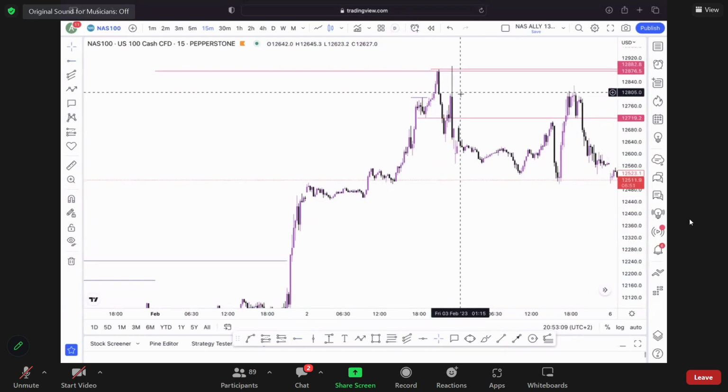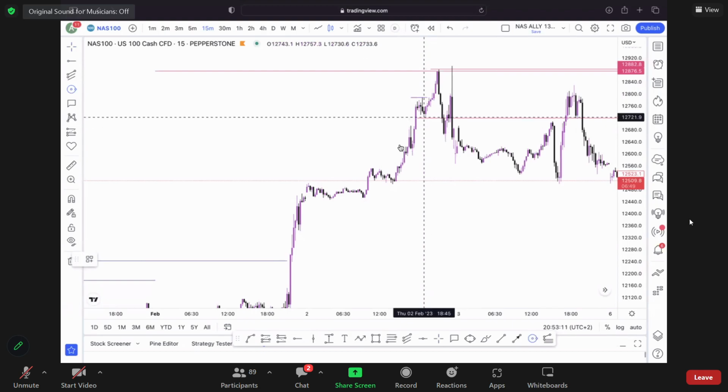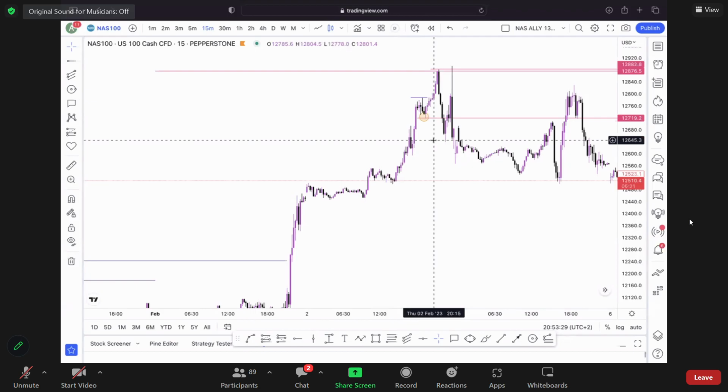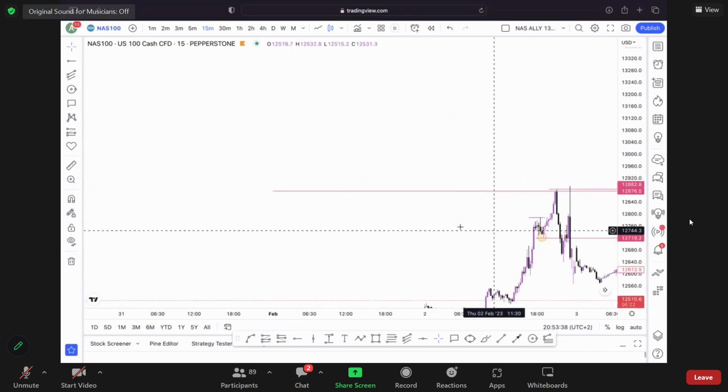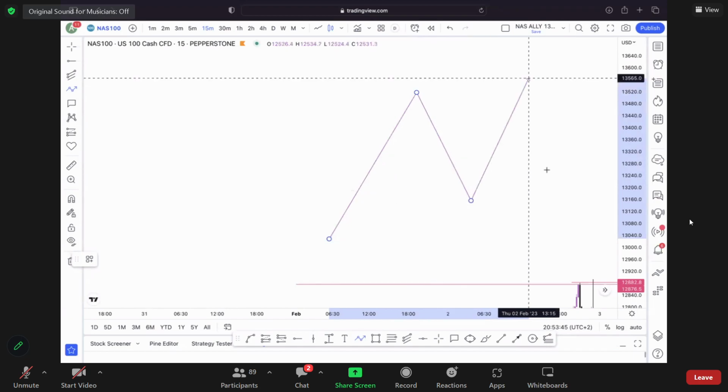Ali, can you please explain that? I'm lost. I'm confused. Okay. So remember, for our fractal structure, we are looking at the last low that had momentum to break the previous high. As the market creates its structure, remember what happens on the lower time frame is going to happen on the higher time frame eventually. Now, when I explained our structure in the beginning, I said we've got a low and we've got a high.